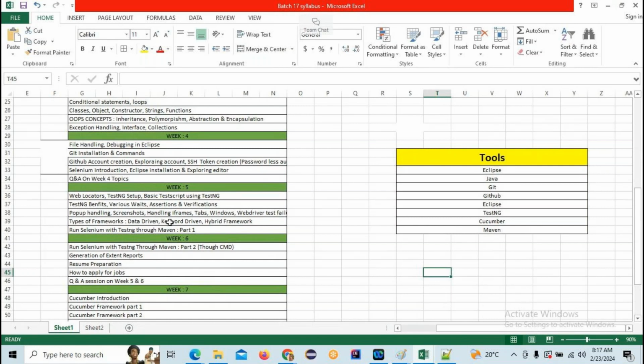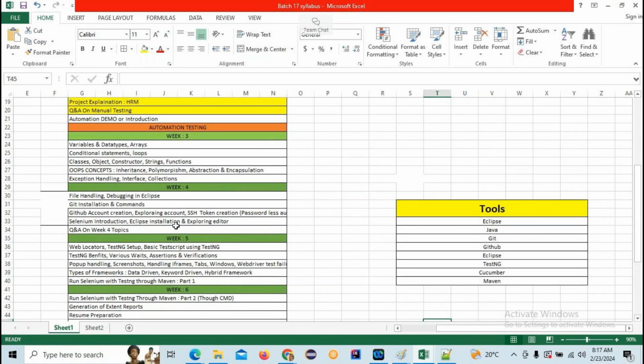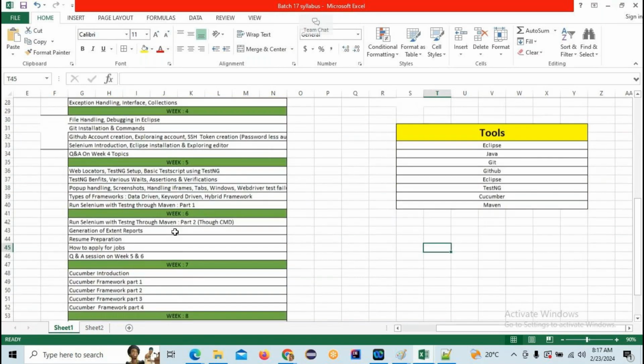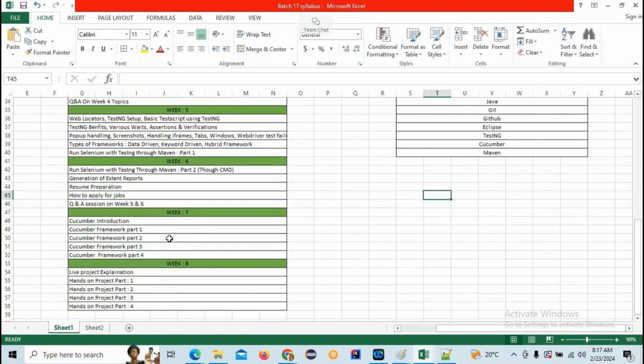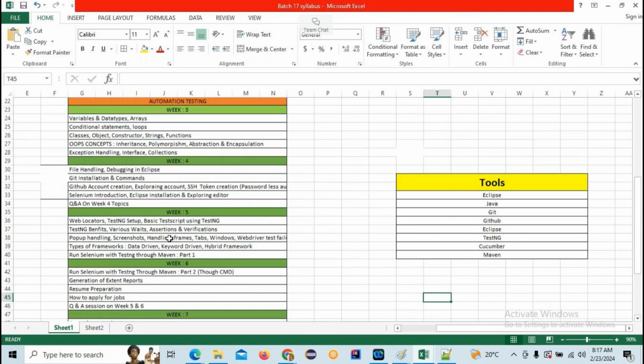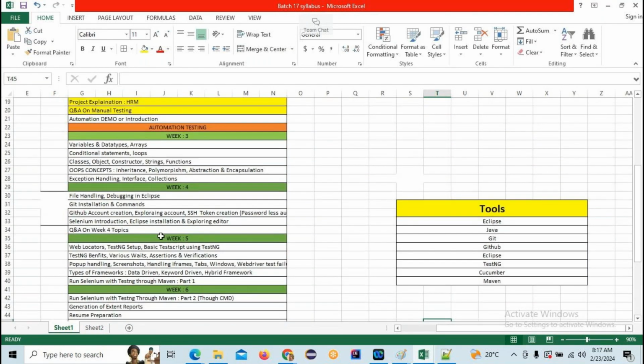If I tell the high keywords in the syllabus itself, you won't understand. That's the reason I have prepared a very precise syllabus in the document here that you can easily understand.